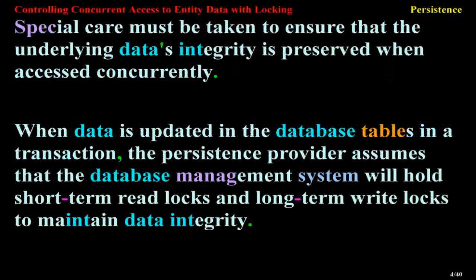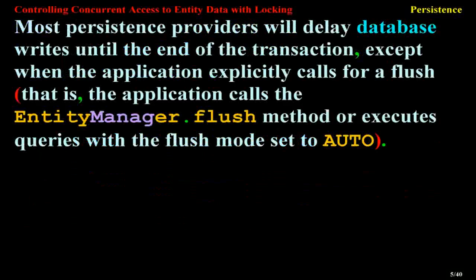When data is updated in the database tables in a transaction, the persistence provider assumes that the database management system will hold short-term read locks and long-term write locks to maintain data integrity. Most persistence providers will delay database writes until the end of the transaction, except when the application explicitly calls for a flush, that is, the application calls the entity manager flush method or executes queries with the flush mode set